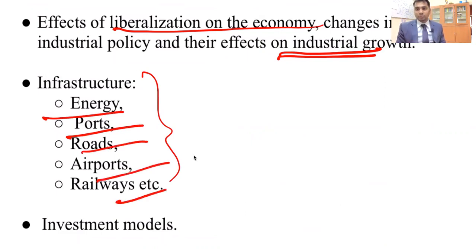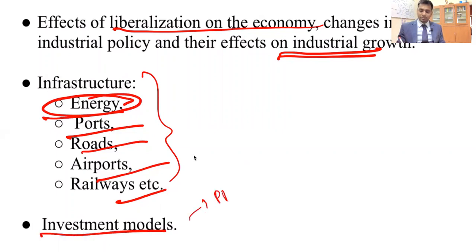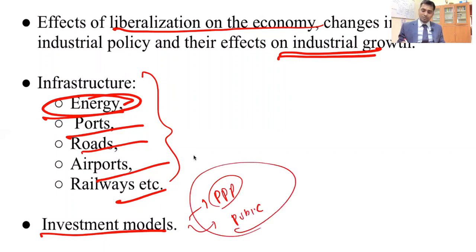This year also they asked one question on how renewable energy chances are there in the country. So in the investment models, where you will be studying about public-private partnership models, you will be studying about public models. Again, there will be one question every year. This year they maintained a similar question. So more or less, economy is of 10 topics. There will be 10 questions. At times they vary from 8 to 10. So maximum the number of questions that they can ask from this section is 10 from the 10 topics. But it can vary from 8, 9, 10. These are the 3 chances that we have.